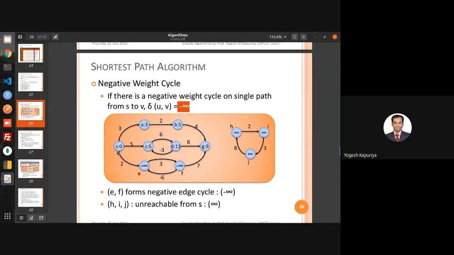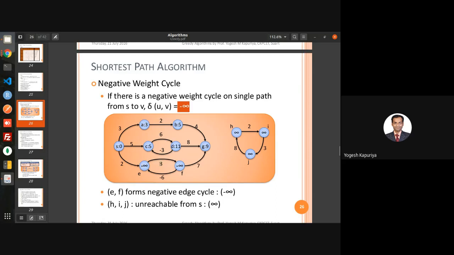How can you find that? The simplest approach is you first see what is the connection between these two. So S to E is 2. You have to see the alternative as well. What is the alternative? S to E, E to F and F to E. So this is another path also, right? If you see this edge, it will be 2 initially. Then this will be 2 plus 3, so it will be 5. Then you have 5 minus 6, which is minus 1. Initial weight was 2. Minus 1 is less than 2. So this will be changed to minus 1.